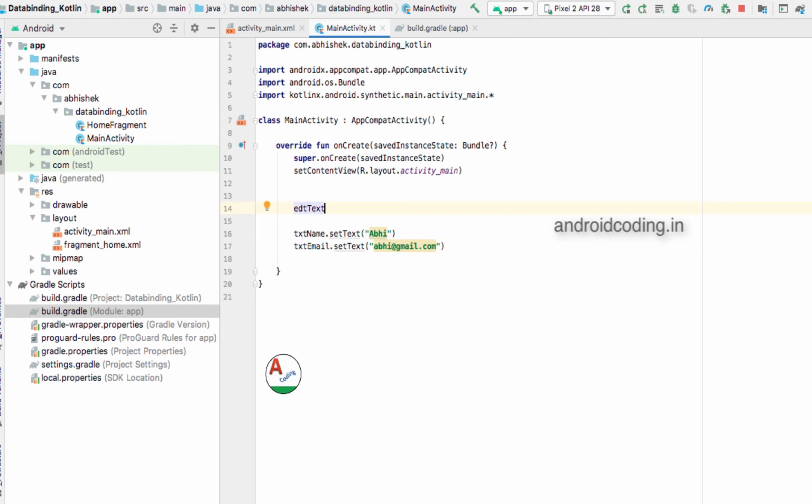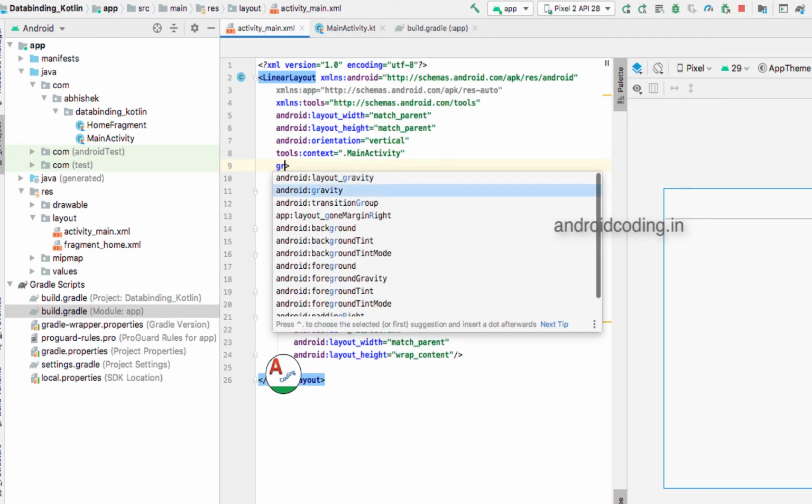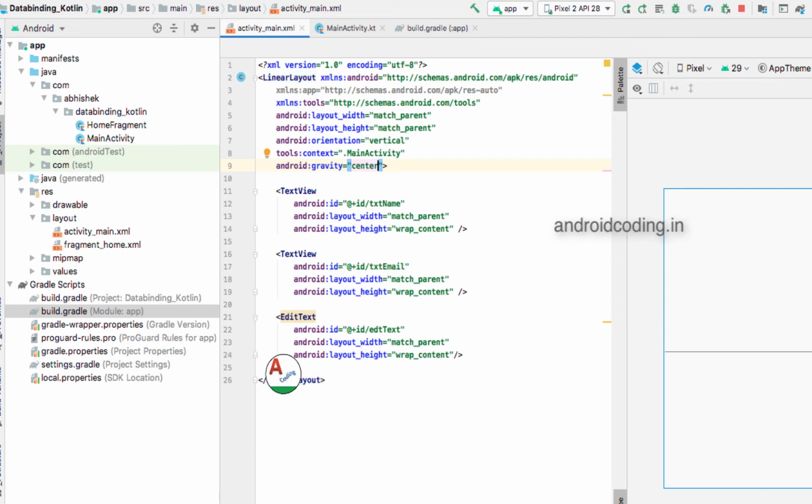Edit text, what we will be doing is creating one button. We will make the gravity center first of all.